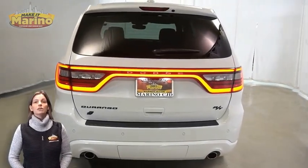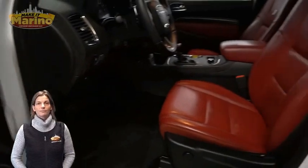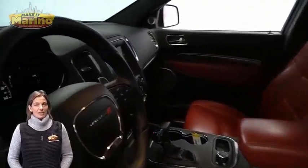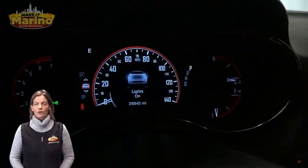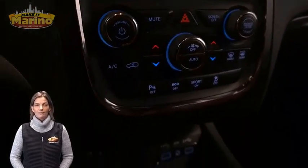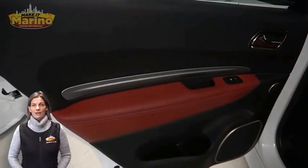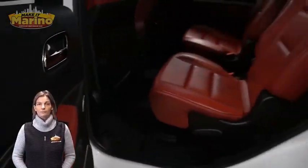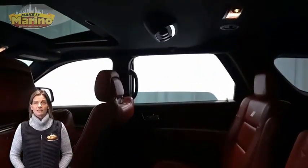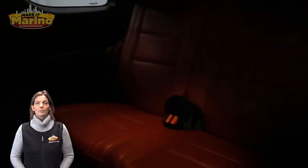washer, heated and ventilated front seats, heated steering wheel, 28,000 miles on the odometer, 8.4-inch touchscreen, navigation, rear backup camera, dual zone temperature control, 9 Alpine amplified speakers with subwoofer, heated rear seats, power sunroof, third row seating, power liftgate,